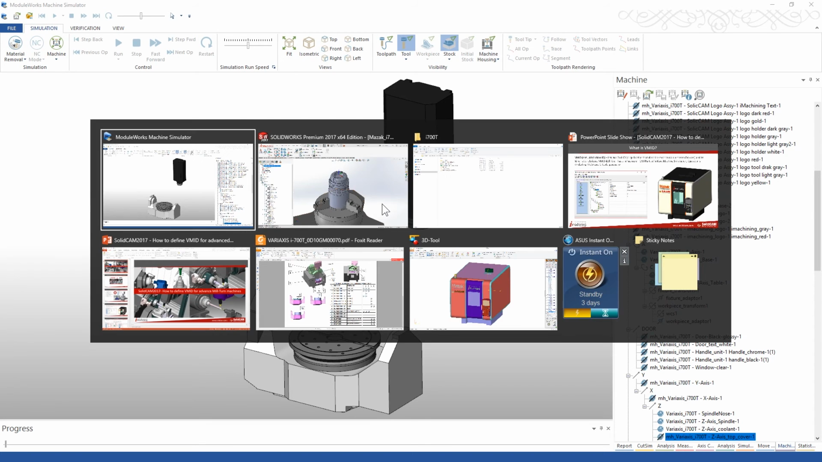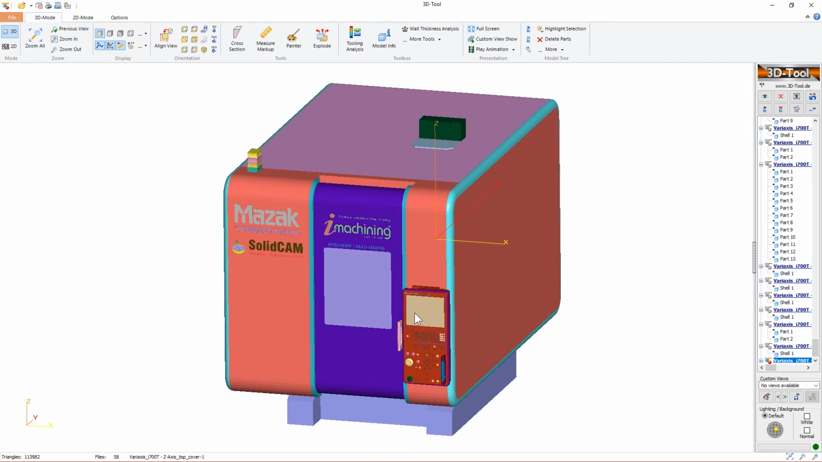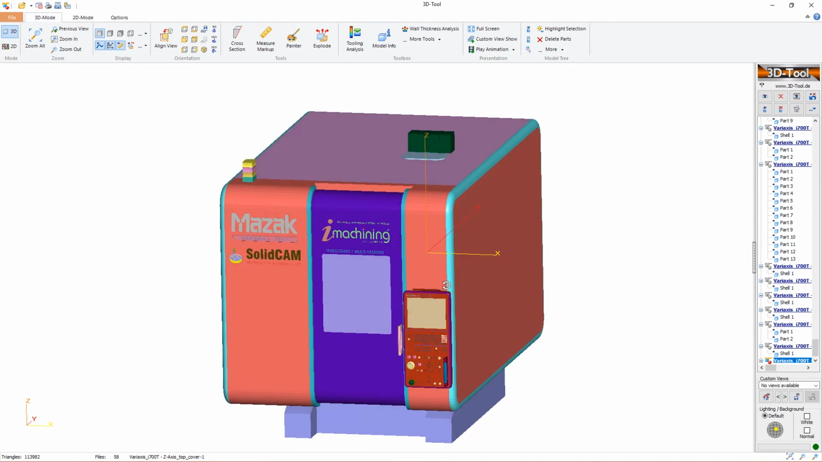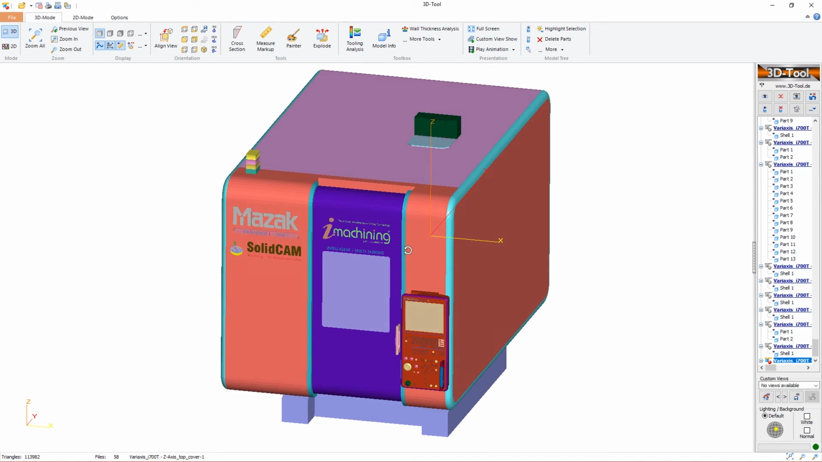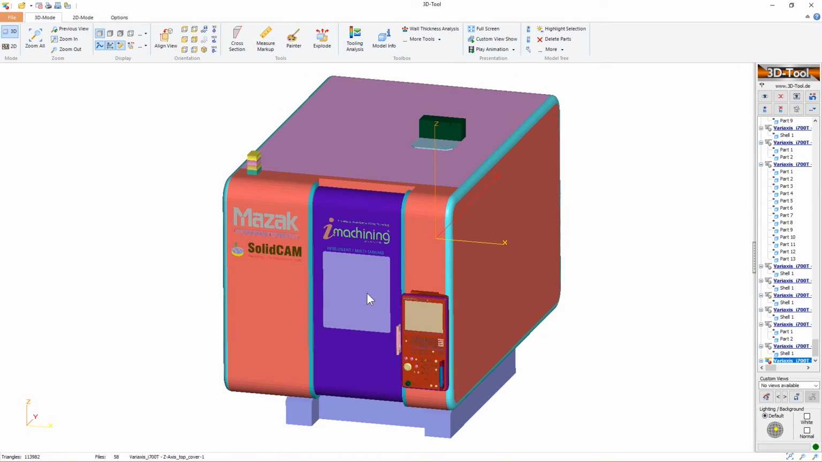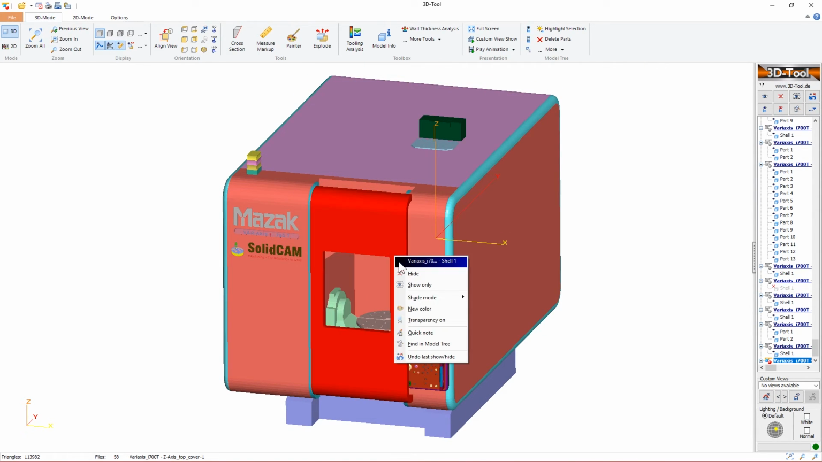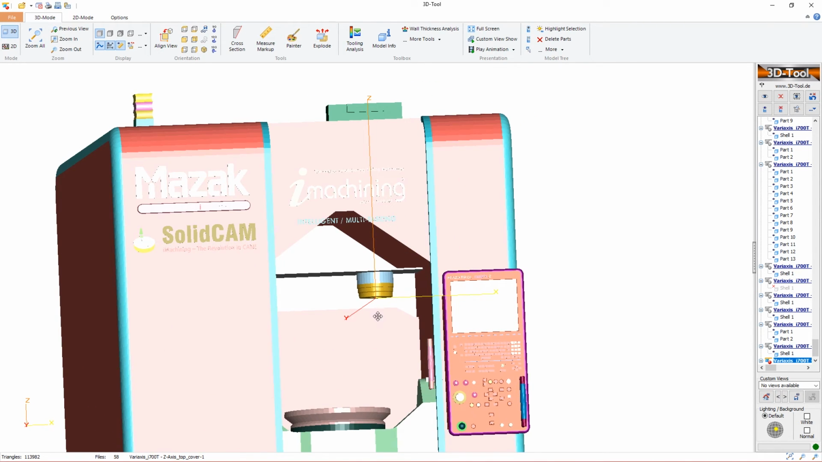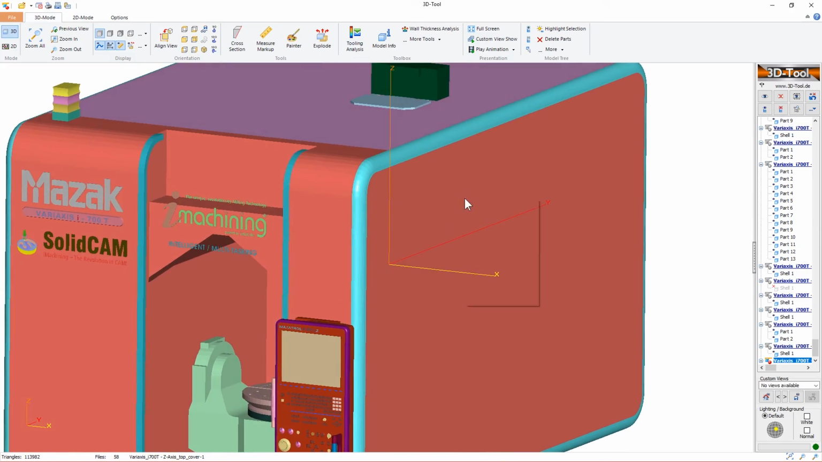So I would like to show you at this moment the tool that I'm actually using. It's completely free. It's called 3D tool, and it allows you to open the generated STL files and to see where the coordinate systems of those STL files are located. And let me just hide this